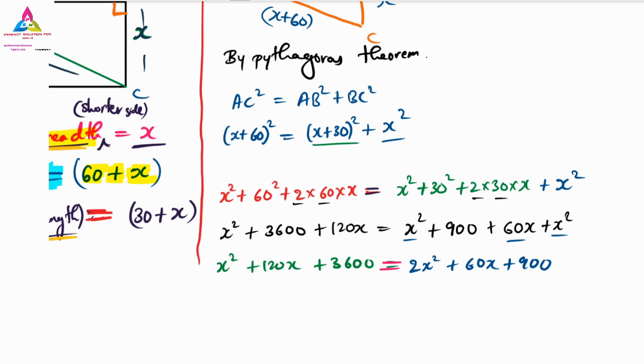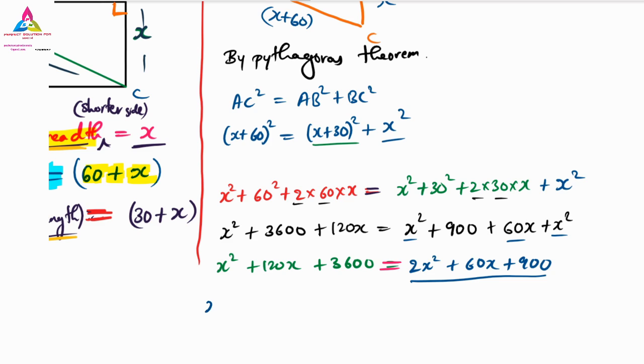So here very importantly, this 2x square I can bring to the left hand side. But remember, if I bring the 2x square this side, what will happen? It will be minus 2x square afterwards. Or I can shift all this thing on the right hand side also. It is left to you. You can bring the right hand side to the left hand side, or you can shift the left hand side to the right hand side. Any one you have to do, not both. So here, importantly, I will shift this only. It will be good afterwards.